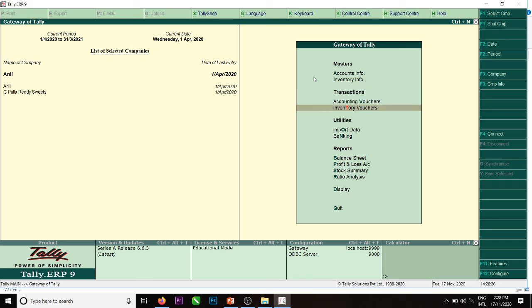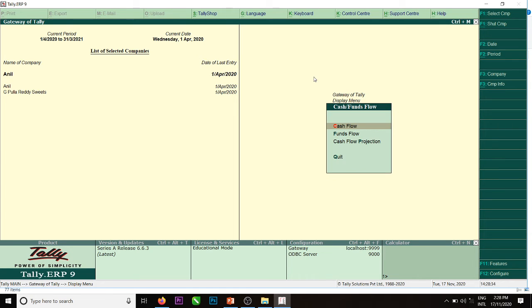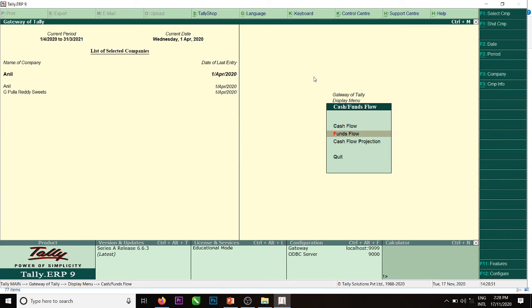Okay. So balance sheet display of cash flow, funds flow. Also we can see this. First see the funds flow, see the graph. The opening balance of amount is 80,000, closing is 7,000, total funds flow is 87,000.